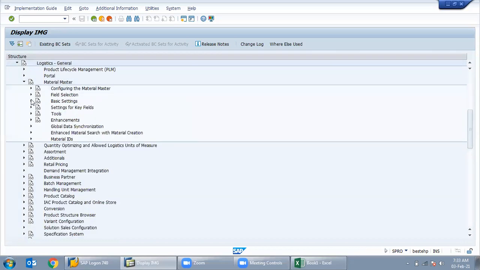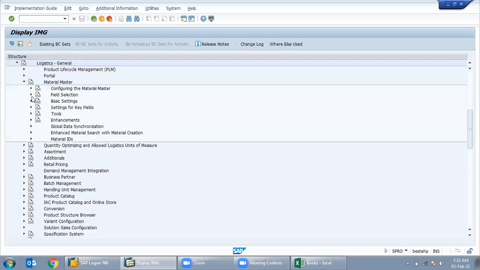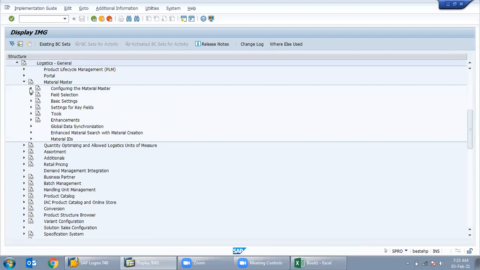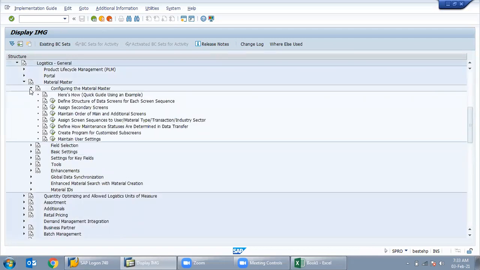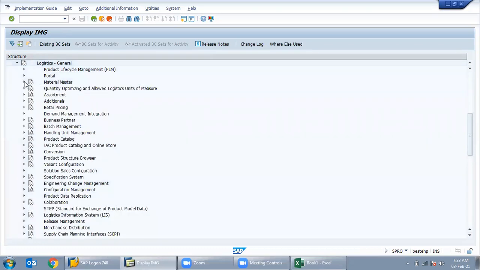Sir, do you have material to refer to the path for the configuration in MM? Exactly, I have. I will share that today. I also told you I will share it. That document has the path to do this, with all the paths. It will be good for me to refer to that and understand.